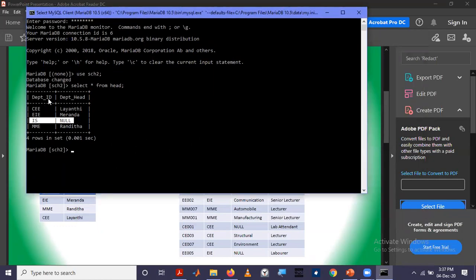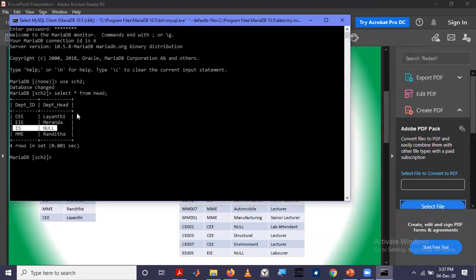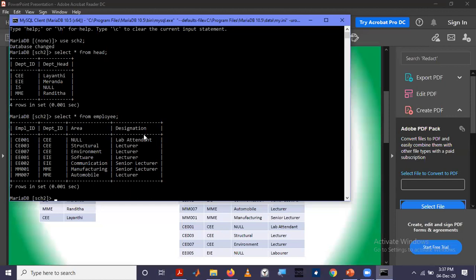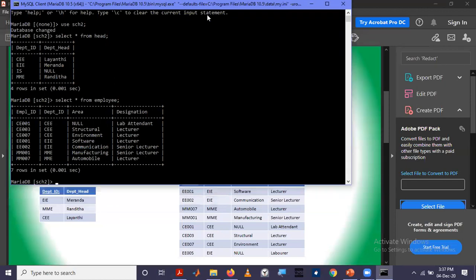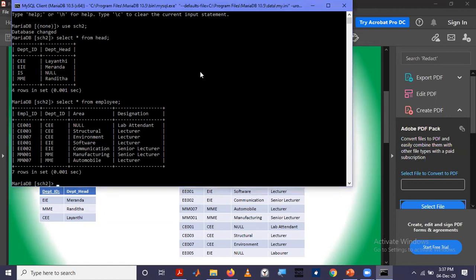We defined this table structure last week, and we populated that table with this data using the insert command. We did the same thing for the employee table. If you want to see the data inside it, you can give this SQL statement. You can see we have populated it during the session last week, right?